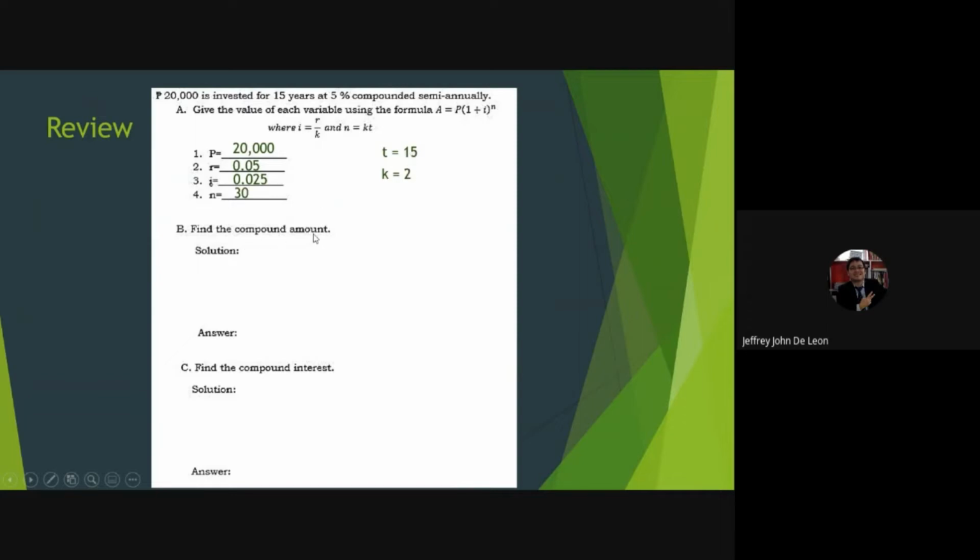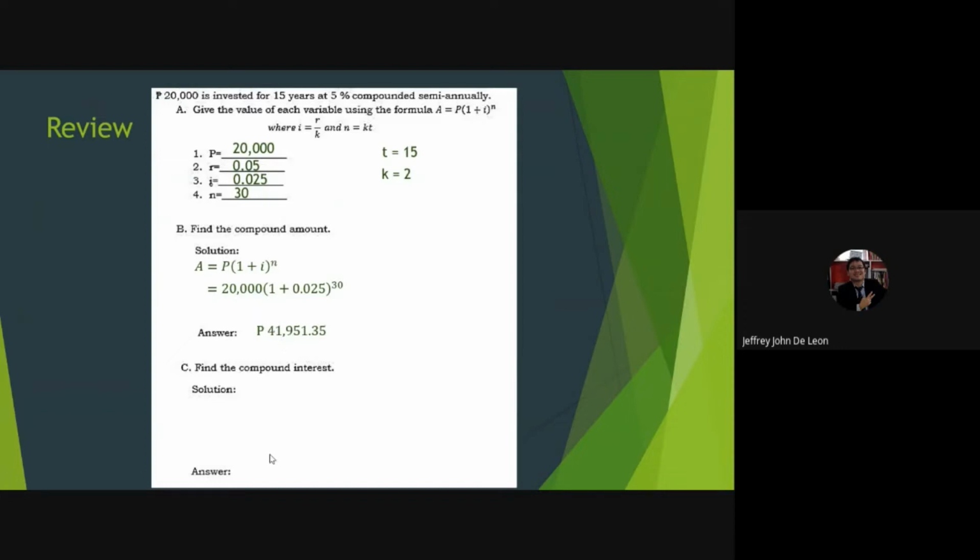So find the compound amount by using this formula. Given A equals P times 1 plus i to the power n, where P is 20,000 times 1 plus 0.025, which is your i, to the power 30. And that will give you 41,951.35. You may use your calculator, just make sure you know how to use it. Which comes first? You add 1 and 0.025. The sum will be raised to 30, and then the answer there will be multiplied by 20,000, which will give you